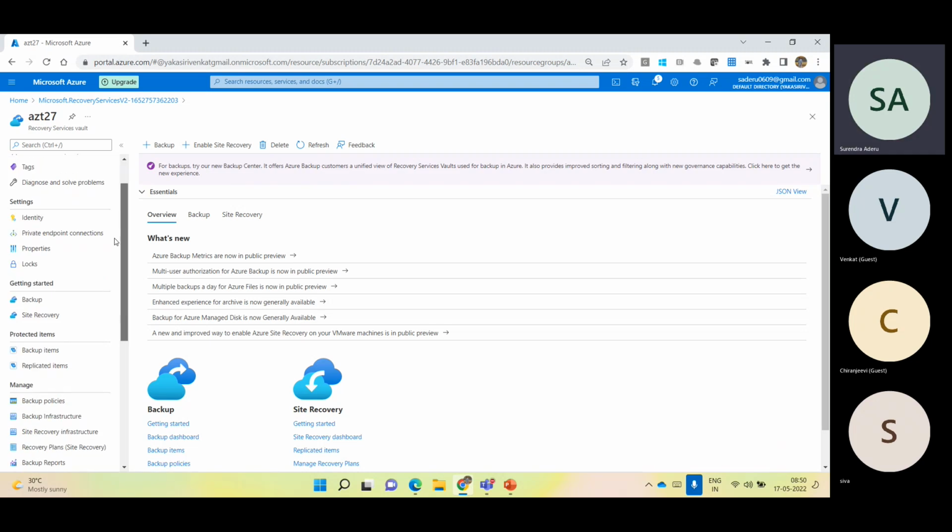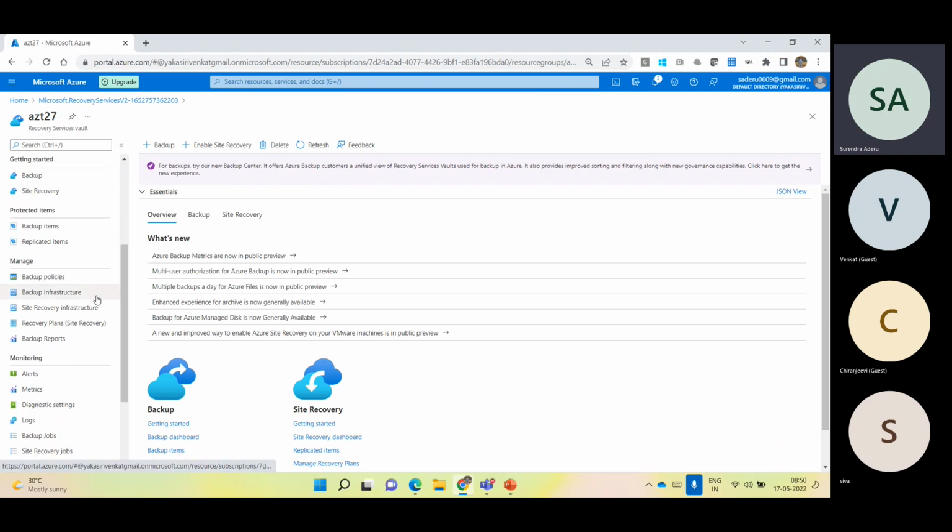So before enabling the backup of your virtual machines, you could see backup, site recovery, backup items, replicated items, backup policies, site recovery infrastructure, backup jobs, site recovery jobs. Like that, you have two categories. One is to take a backup. This helps you if you have any misconfiguration within the operating system, and you want to recover that as and when needed. Backup will be helpful. Site recovery is the solution